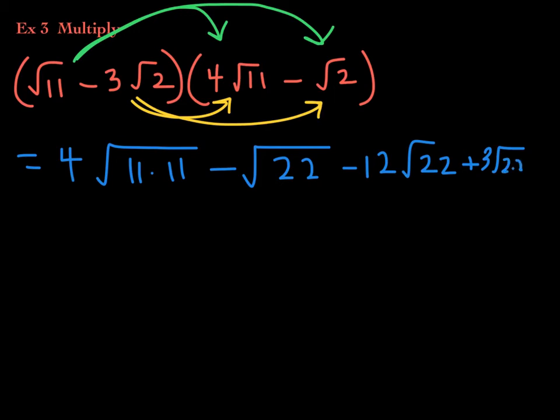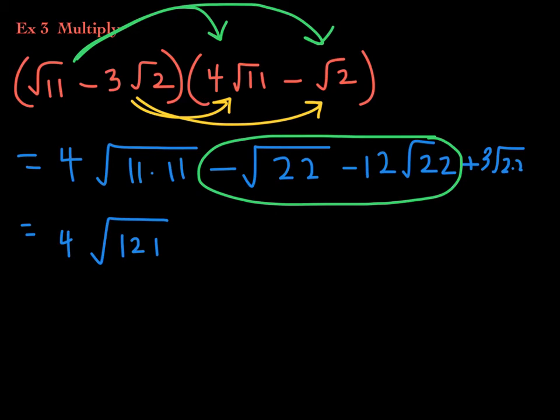All right, everybody. This is basically 4 times the square root of 121. Notice here that these are actually like radicals. We can combine these two. Remember how to combine them. You keep the like part the same, which is the root 22, and you add the coefficients. So negative 1 minus 12, or plus negative 12, is negative 13. So I'll do negative 13 root 22 plus 3 times